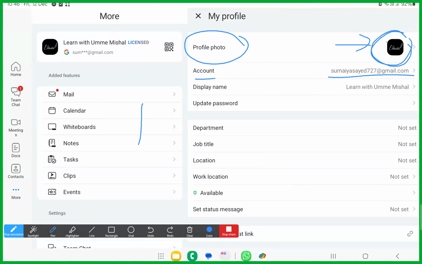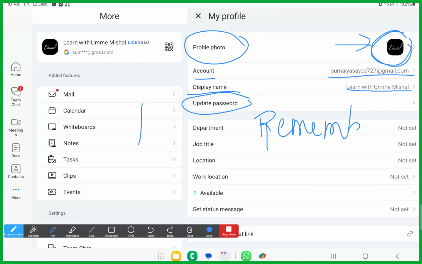Account, you will be joining it using your Gmail ID. Your name that should be displayed, you need to write it here. Whatever password, you have to remember the password. Why? Because this password, my dear students, is useful even if you are going to go ahead with 2 or more devices. If you're going to have the students on 5 to 6 devices, if you are going to conduct the meetings on a laptop, on another computer, on other devices, then you need to remember the passwords.